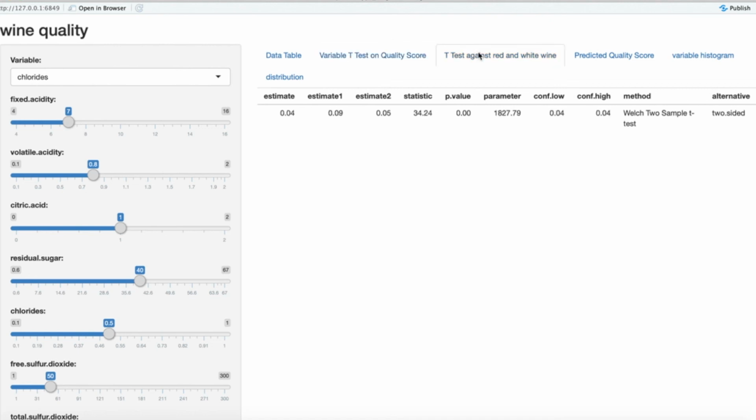In the second part, we did t-test against red and white wine. In this part, we did t-test to examine whether each variable is significantly different between red and white wines. Because all of them have p-values less than 0.05 and some variables even have p-values equal to 0, which means they are decisively significant. So all the variables are significant to the quality